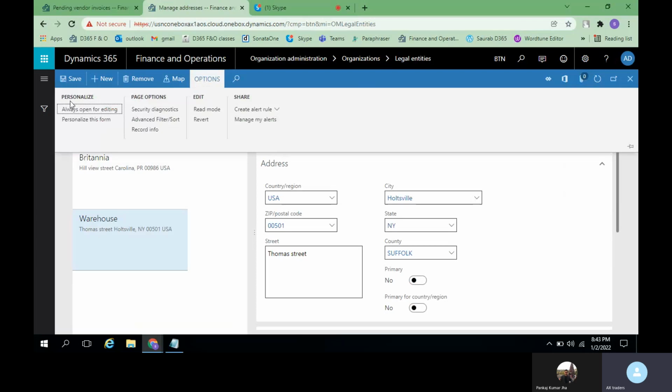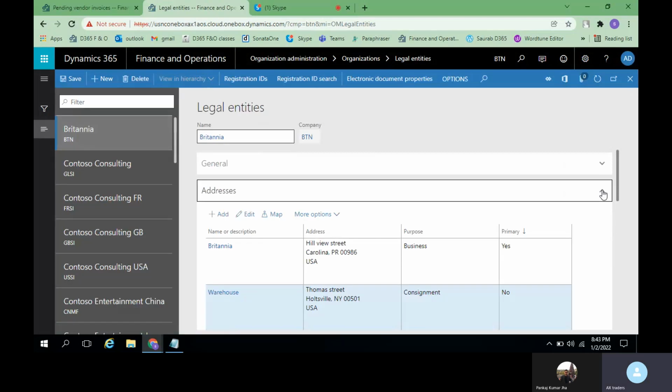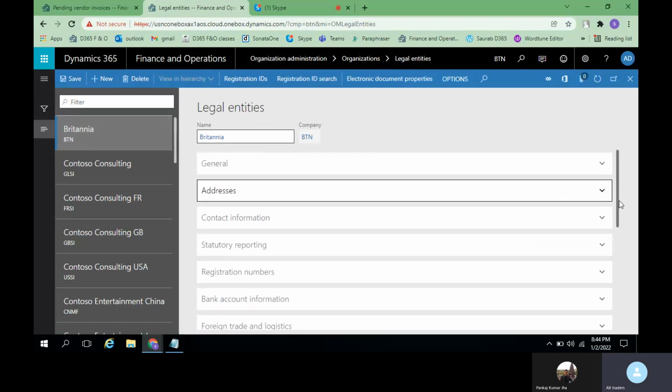These are maybe used by the technical team, or I'm not sure when these are going to be used. So this is how the legal entity can be created.